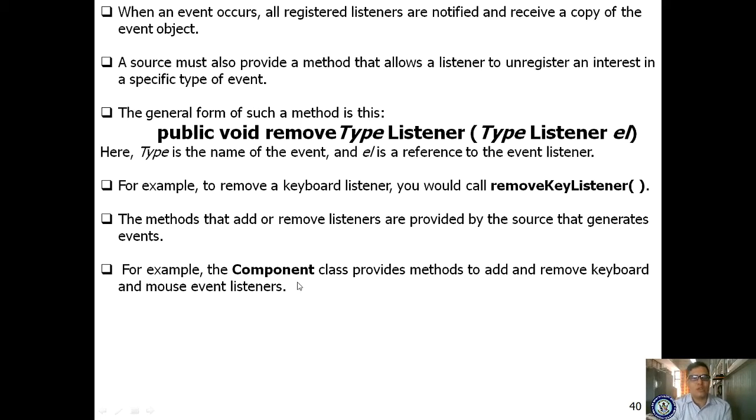For example, the Component class provides methods to add and remove keyboard and mouse event listeners. Here the Component class is the source for adding or removing keyboard or mouse event listeners.